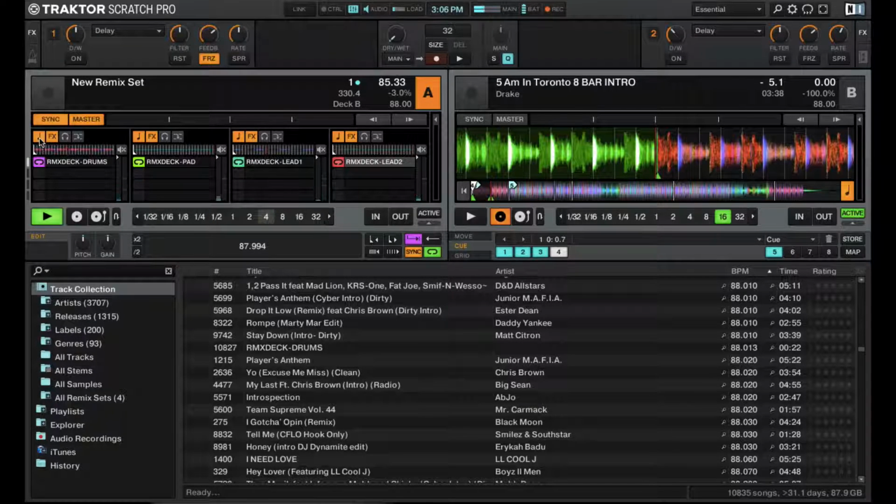So let's go down to each slot. Here, like I mentioned earlier, you have your master tempo or key lock. You have the ability to assign your effects to each slot, not just for the entire deck, but each slot you can turn the effects on or off. You can cue them as well, and then you also have a mute button here, and then you have your 4 slots that you can play from. Also, what's cool is that each deck has its own volume,